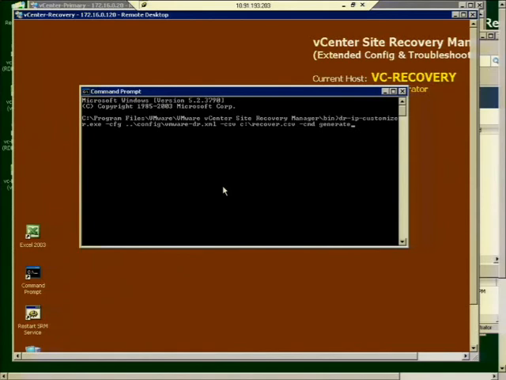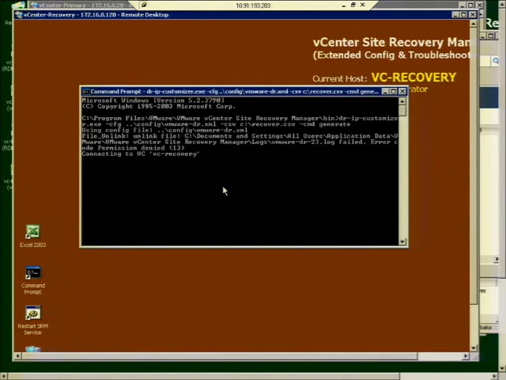Okay, so going back to the workflow of the lab, I've prepared here the line which we use to run our DR IP customizer command line application, which, if we use the generate switch at the end, will actually create the CSV file, and it will drag a list of all protected VMs in the primary site, so that we've pre-populated that, and then we can just go in and change the IP addresses. So if we run that, it'll ask us to check whether we've got permission. It'll ask us, do we trust the server a couple of times, ask us to log in, and that will then basically create a